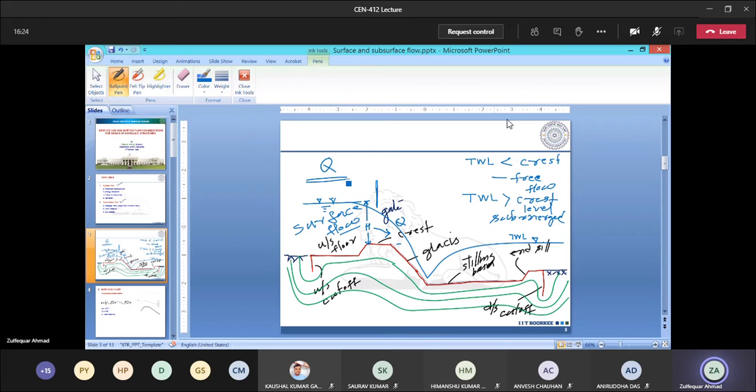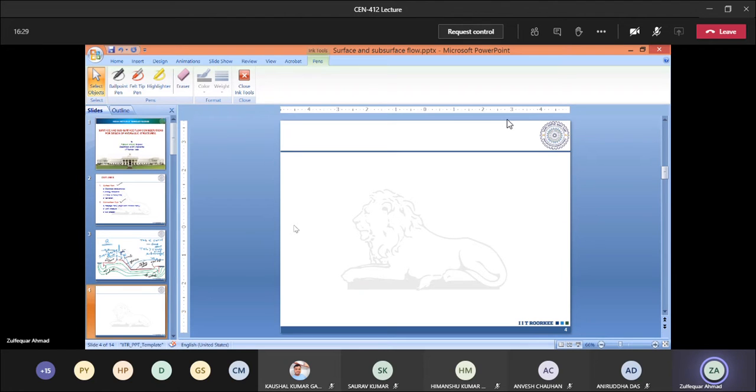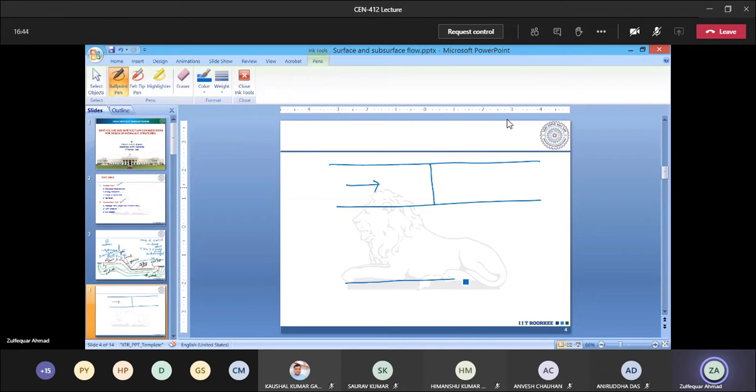So if you have a normal weir, let me introduce a slide. You have, let us say, a channel here, and here a weir that is being provided, and the flow direction is this. So this one is the bed of the channel, and here is the weir that is being provided, and we have the flow over this going like this, right? And this one is the head over this, H.